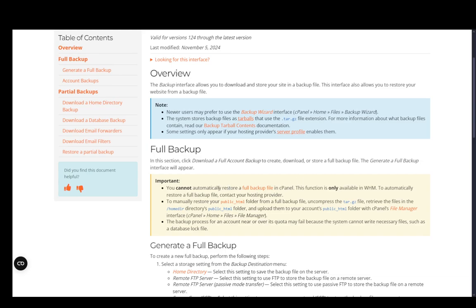Now you cannot restore these automatically in cPanel. This is only available in WHM. You should ask your hosting provider to actually restore the backup file automatically if you don't have access to WHM. Now you can also manually restore your public HTML by just unpacking the tar.gz file and going to the home directory's public HTML folder and just uploading all those files into the public HTML folder with the file manager of